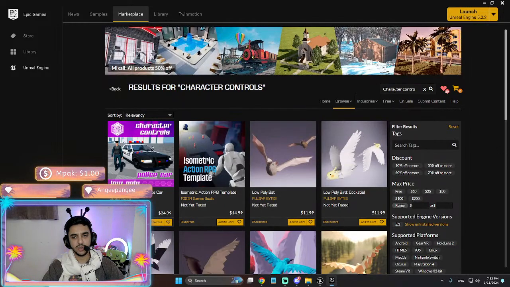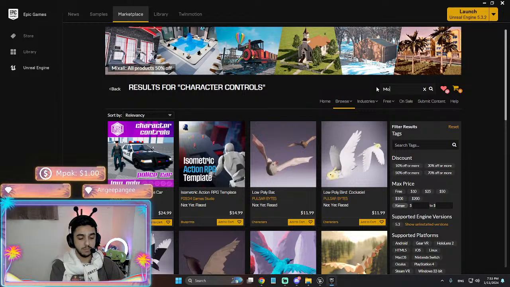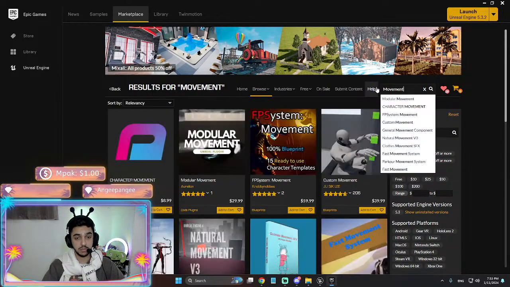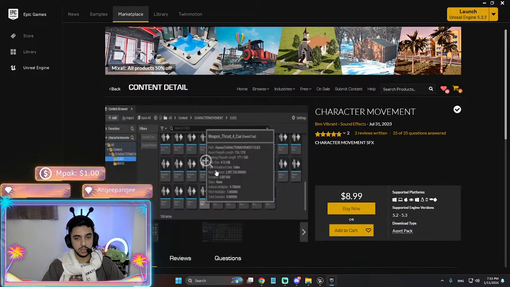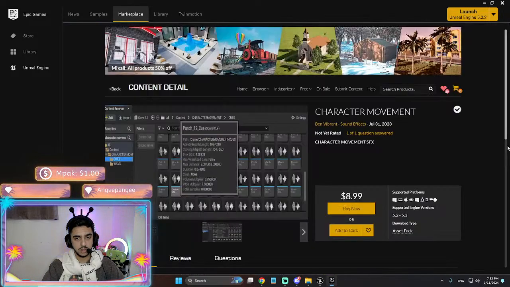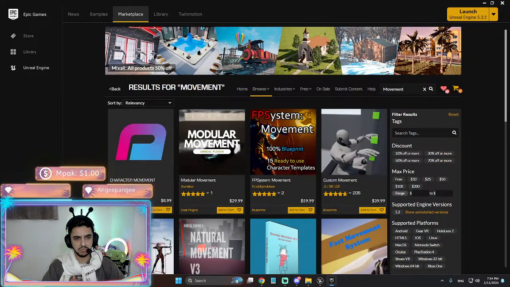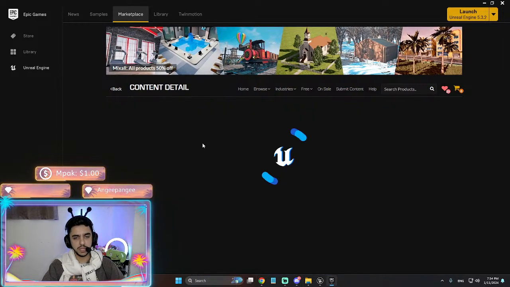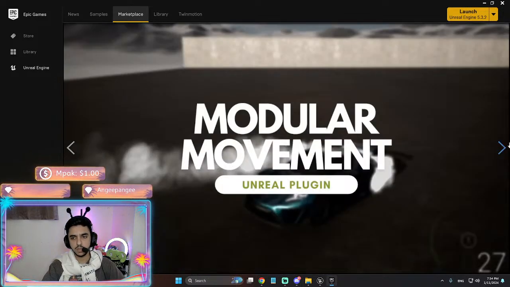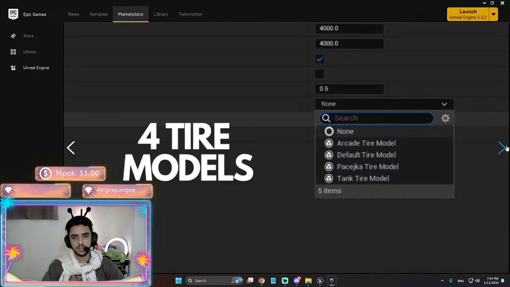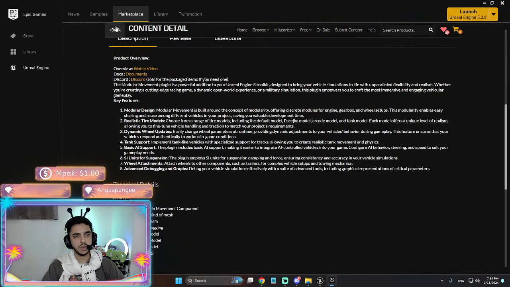Character controls, movements. What is this? Modular movement. How about this one? This is for cars.